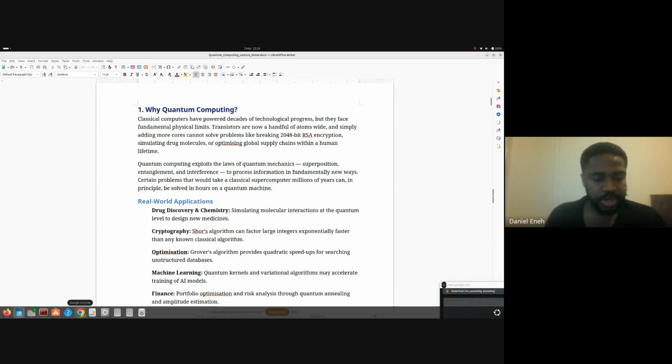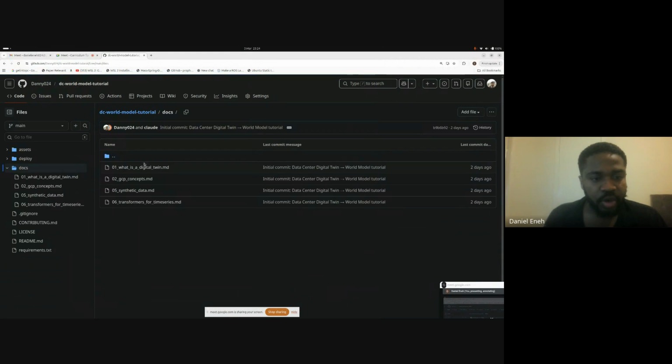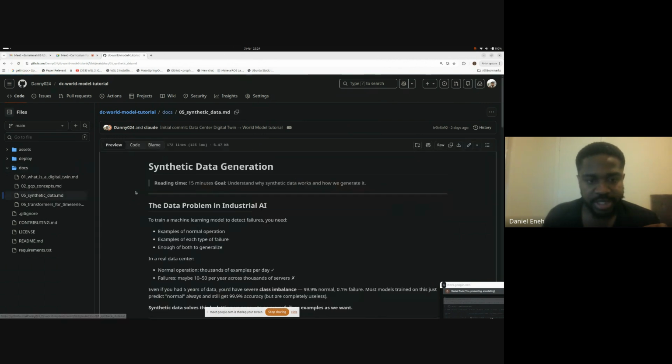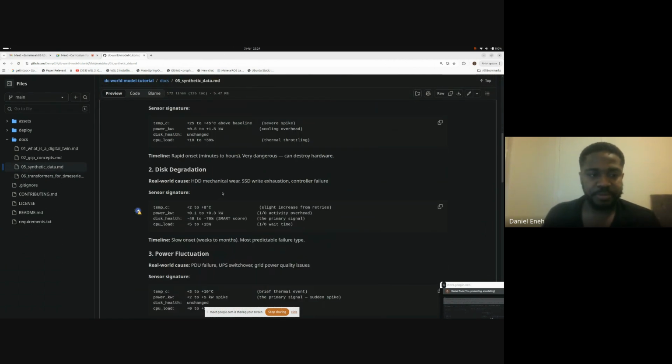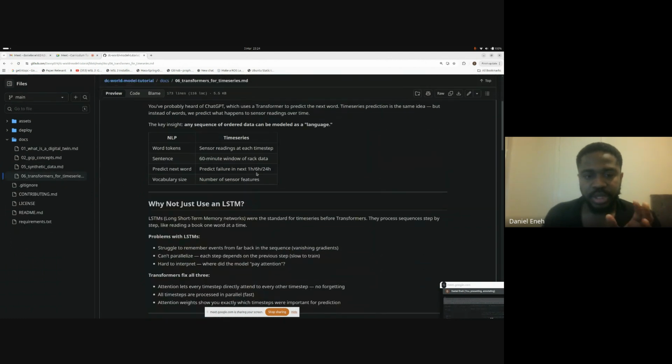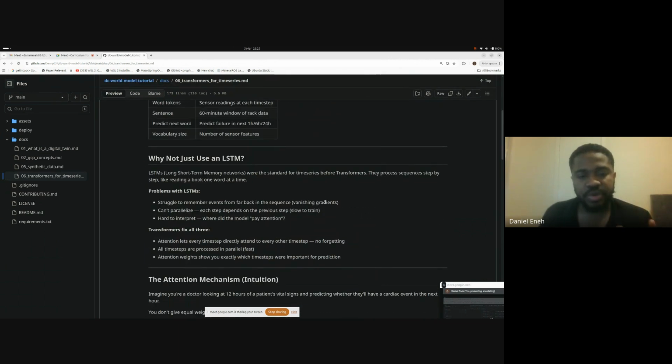Let me just show you some of the README. Before you use this doc, make sure you read all the README inside this documentation. GCP concepts, synthetic data, what does synthetic data mean? You can see there's a lot of information. We are training it using transformers, the transformer architecture, and not just the conventional one. This documentation is what you must first read to understand the theory behind everything we're doing. Then you start working with the code base.